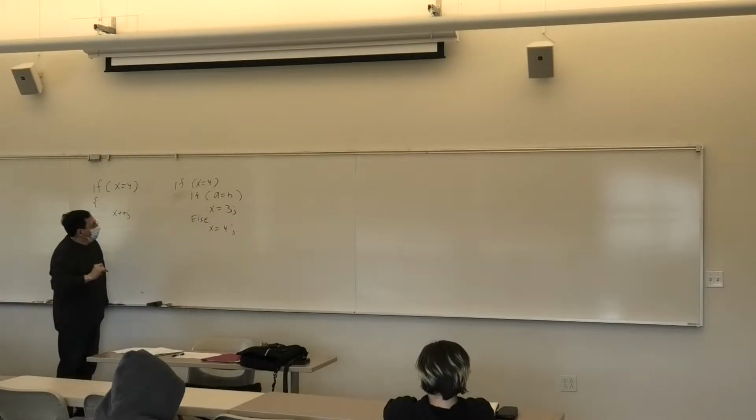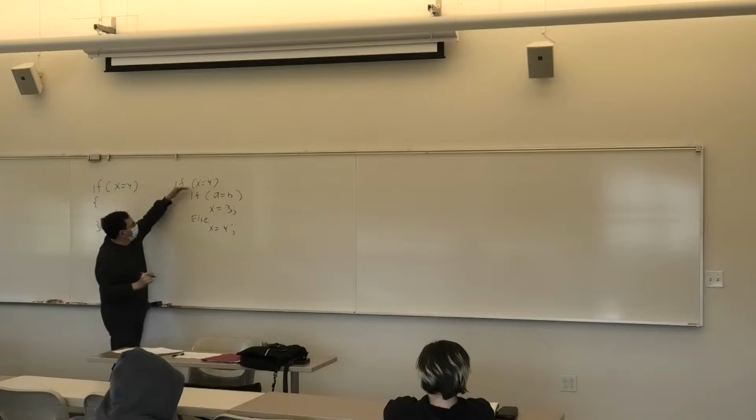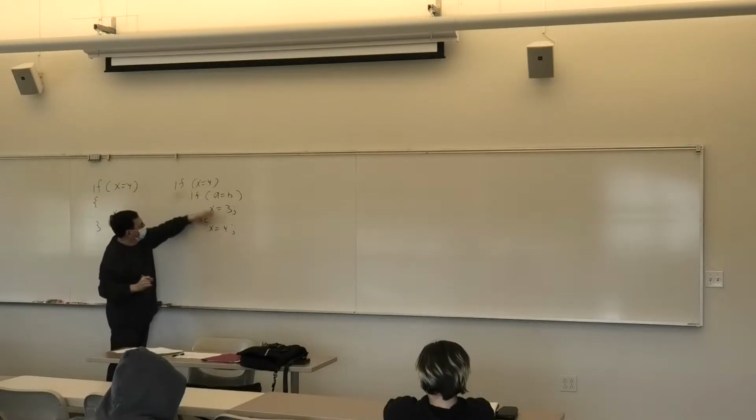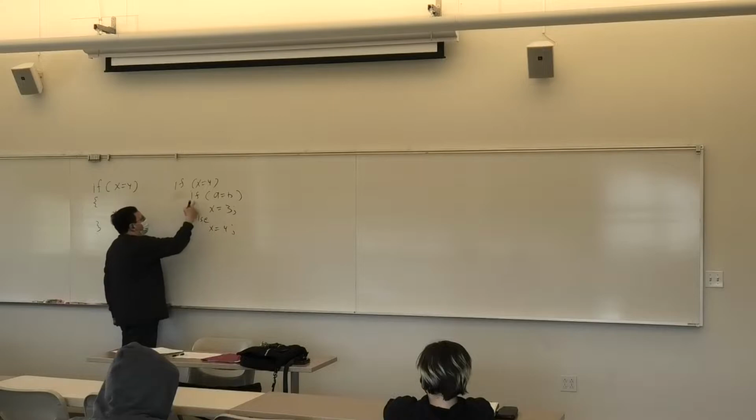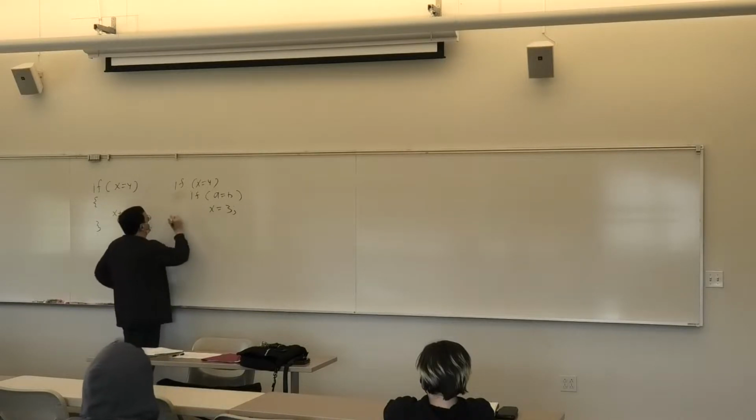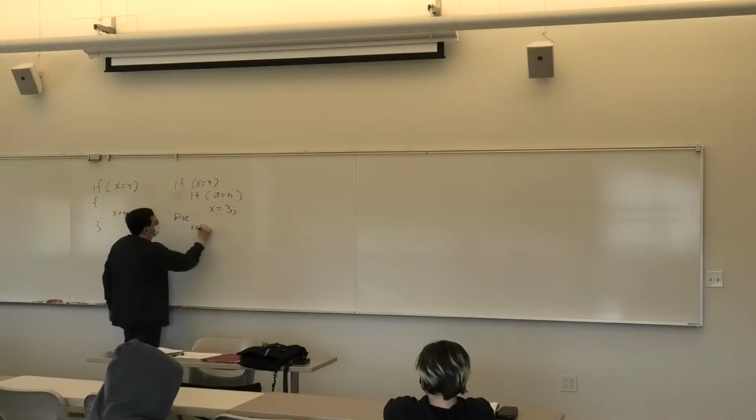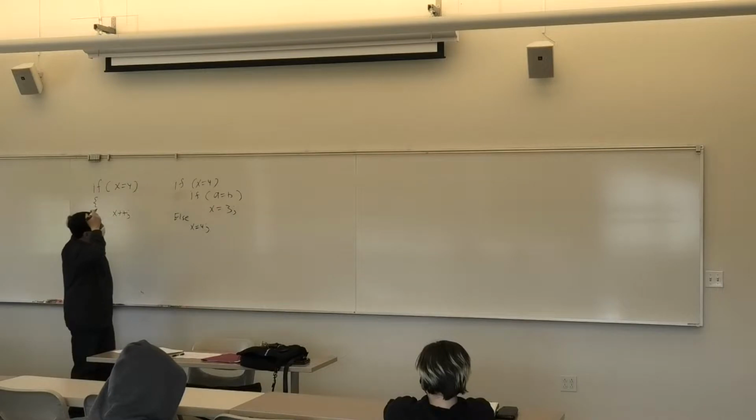Now you look at that and you go, okay, if X is 4, we're going to do this. And this is an if statement. But wait, there's two ifs here. What if I wrote it like this? Well,